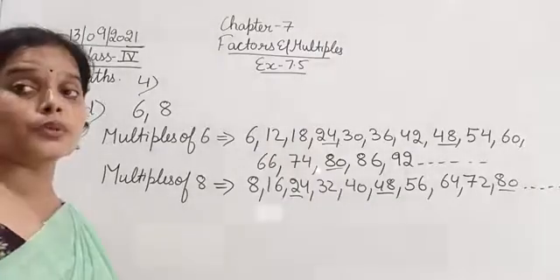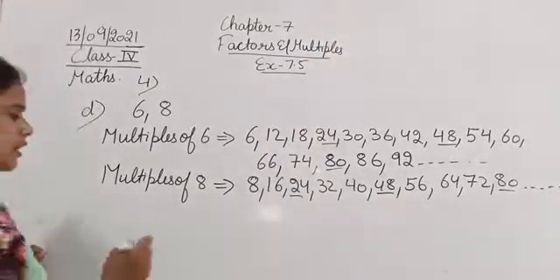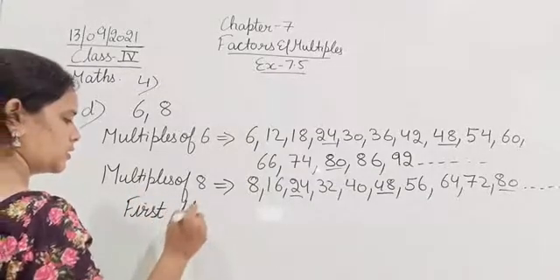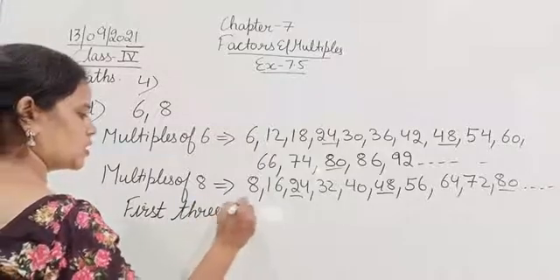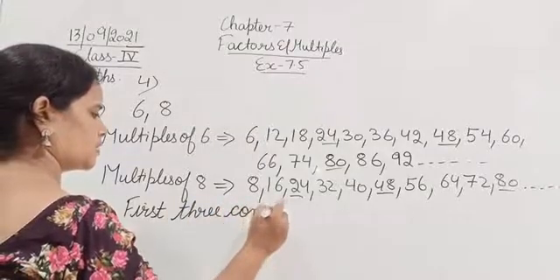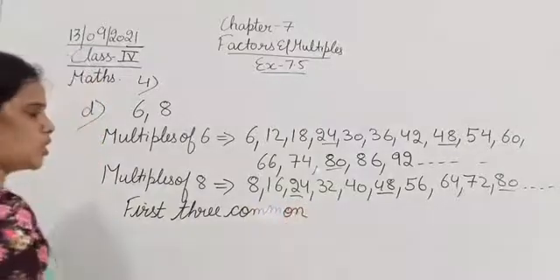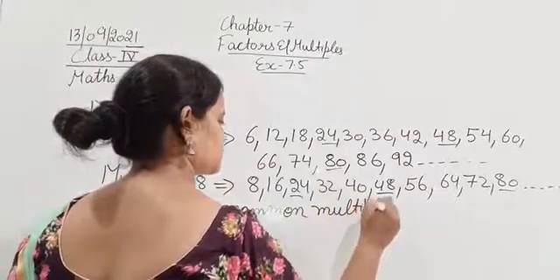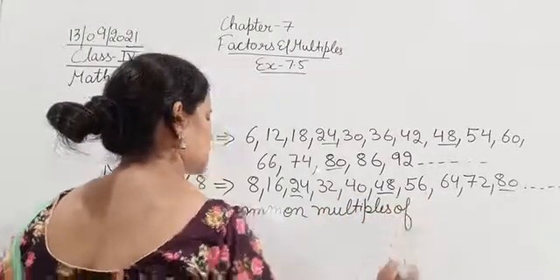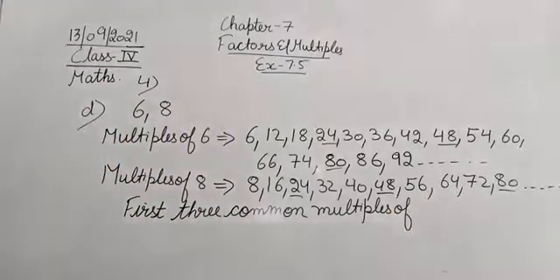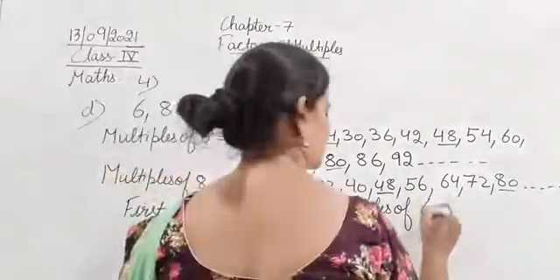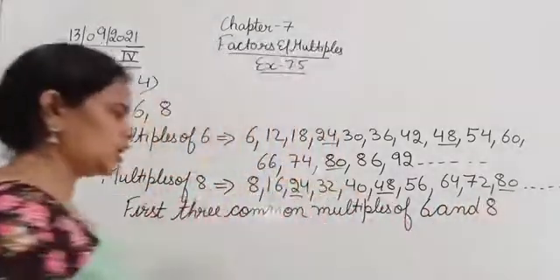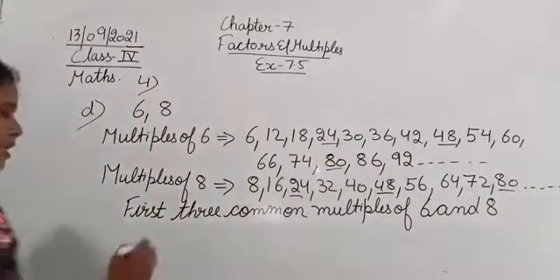Now we have to find out the first 3 common multiples. Write down first 3 common multiples of 6 and 8. First 3 common multiples of 6 and 8 are,